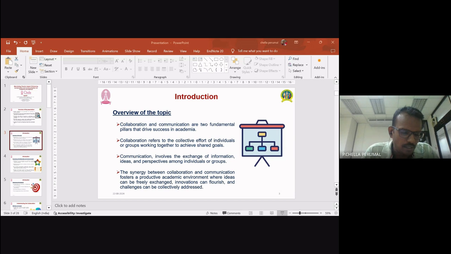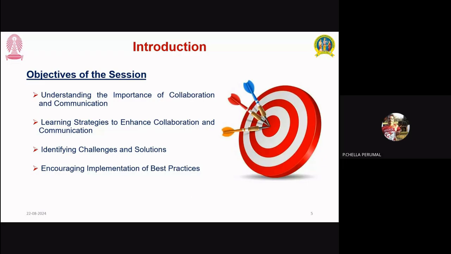For the best example, the Human Genome Project, where biologists, geneticists, and computer scientists worked together to map the human genome, leading to significant advancements in medicine and biology. Effective communication ensures that ideas, information, and feedback are shared clearly and accurately, preventing misunderstanding and developing a collaborative culture. A study by the American Council of Education has found that institutions with strong communication practices among the faculty members,